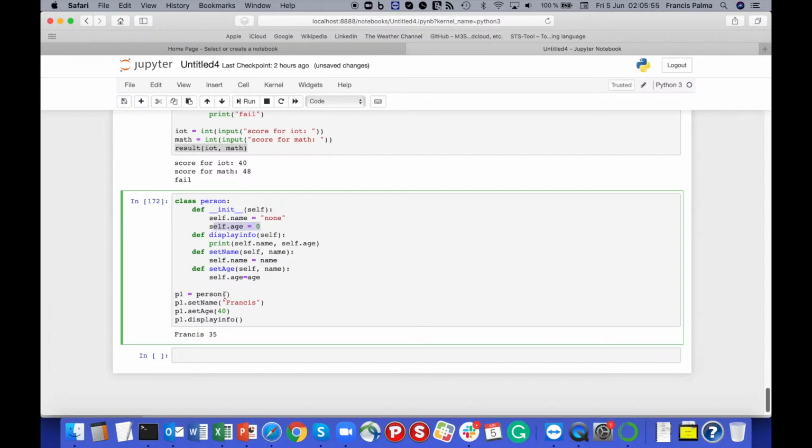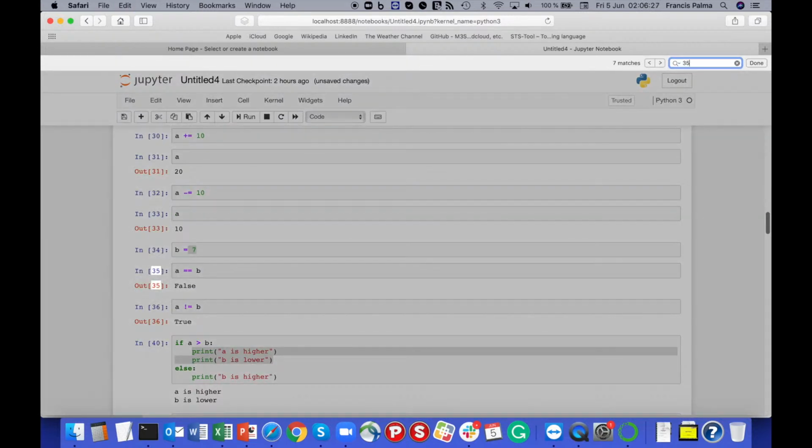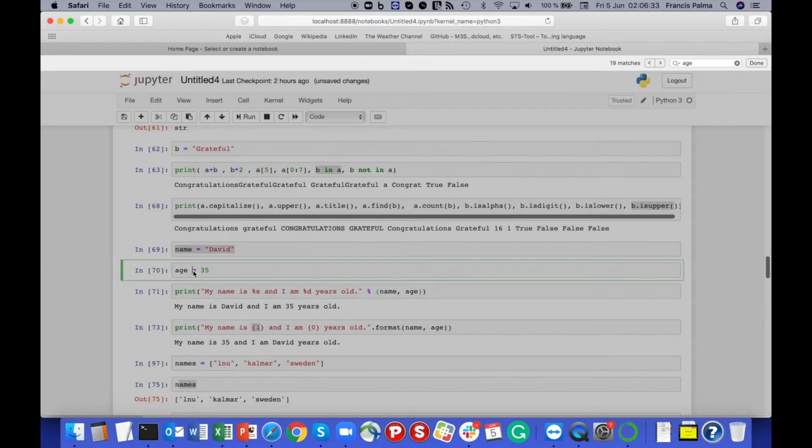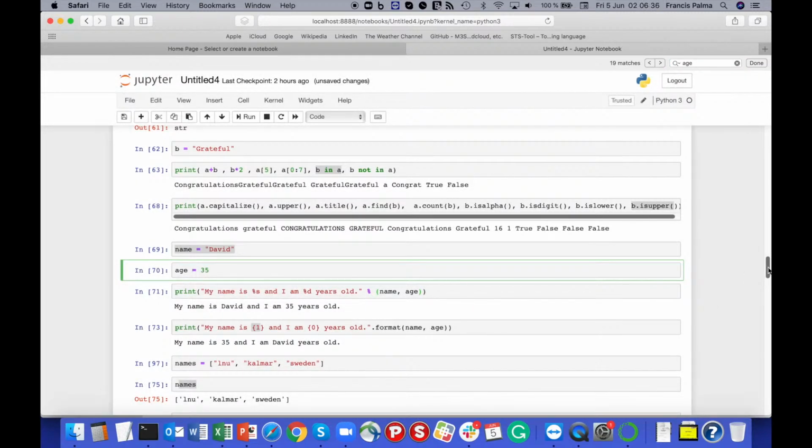I also initialized here. Okay, let me stop the kernel and run it again. Okay, but it's still showing 35. So perhaps I had 35 before somewhere as age. Yes, so it's still getting this value,